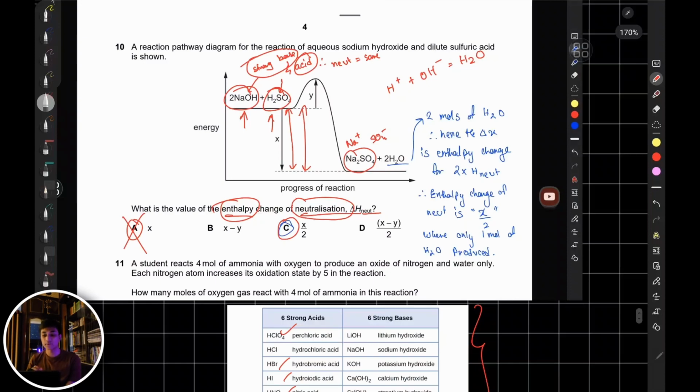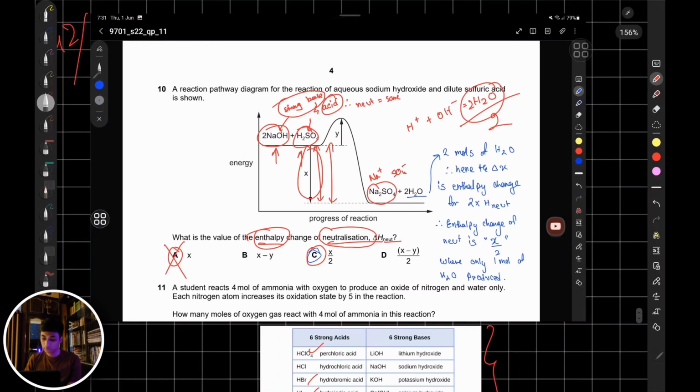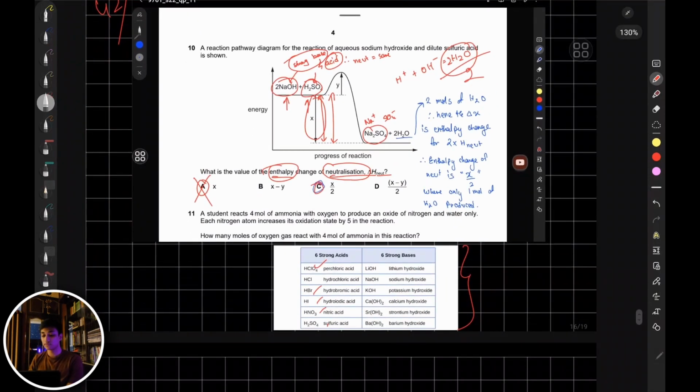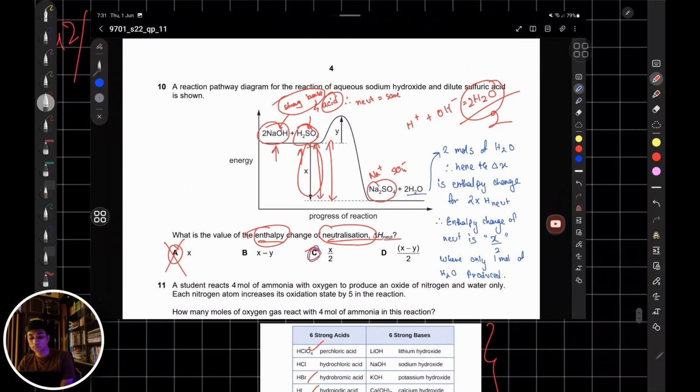So for this reaction as well, the enthalpy change of neutralization is going to be x divided by 2, which is the enthalpy change of 2 molecules of H2O being produced, divided by 2. So you're just finding out how much energy it takes to form 1 mole of water molecules. So see, x by 2. I've given you a bit of extra information over here for strong acids and strong bases, but it's important to know where you may have to take into account